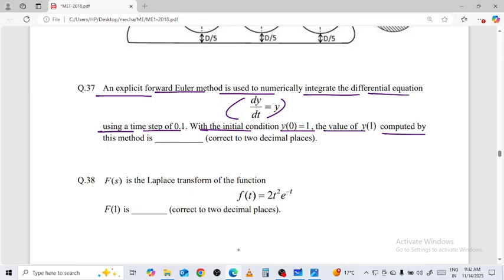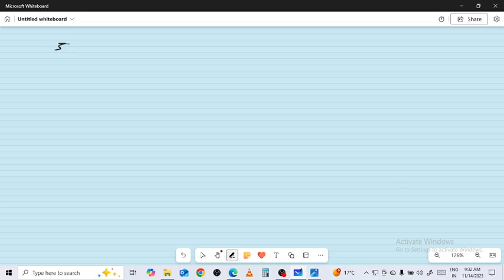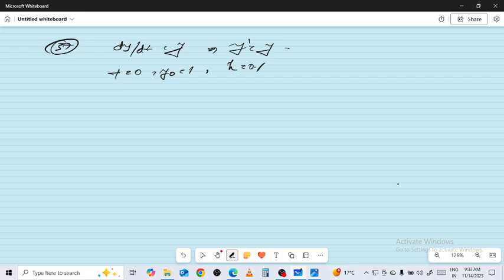The value of y1 computed by this method is correct up to two decimal places. तो कुछ नहीं, आपको जो है यूलर मेथड में वैल्यूज पुट करते आना चाहिए, बस उसी का ऑपरेशन बार बार आप दोहराओगे। Now here dy/dt is equal to y and y dash is equal to y, t is equal to 0, y naught is equal to 1, h यूनिट जो डिस्टेंस है वो 0.1 है।